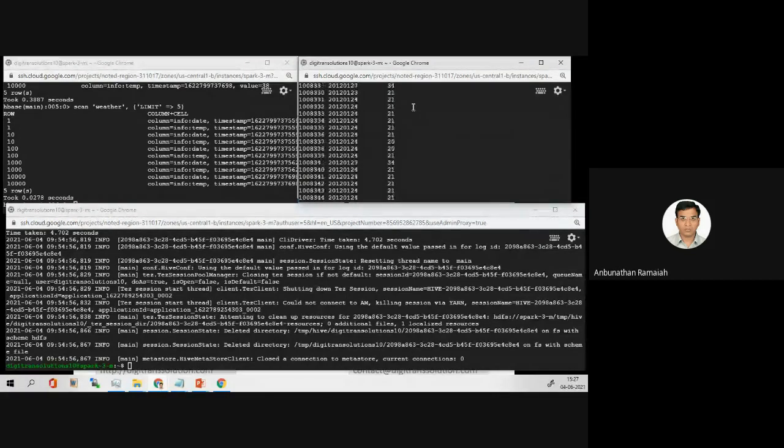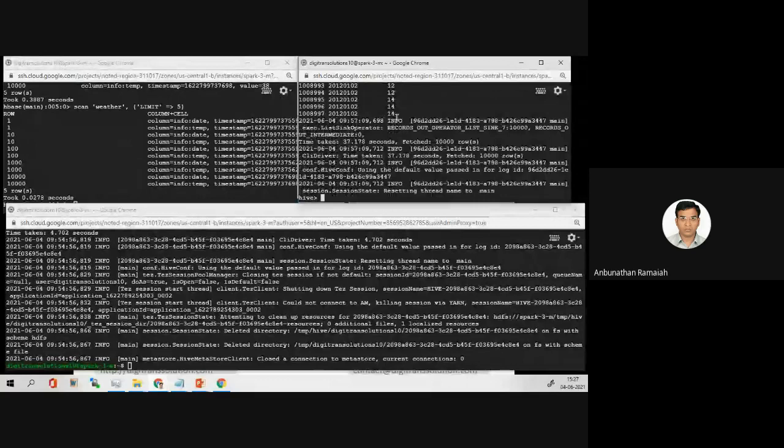The temperature, then date, timestamp, all three columns displayed here. So how long does it take? 37 seconds to fetch 10,000 rows.